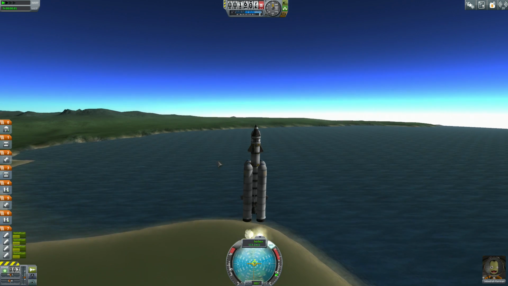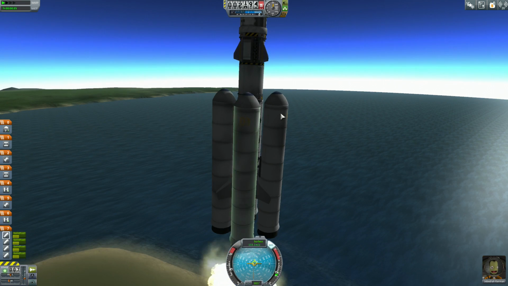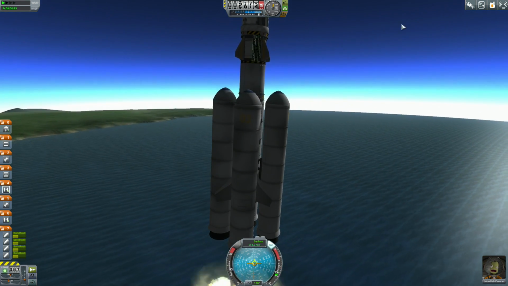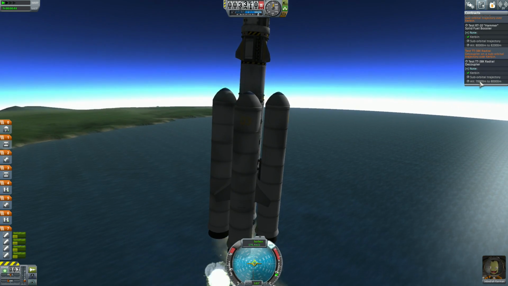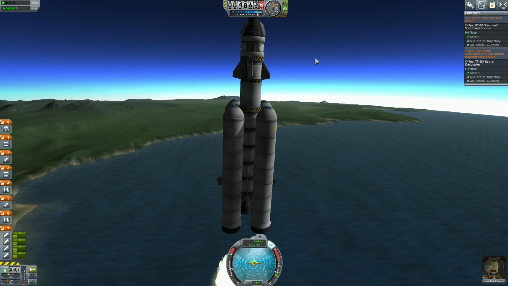And in this mission, we're going to be testing these radial decouplers. We need to be suborbital, 70,000 to 80,000 meters, so it should be pretty easy. Get a nice bit of money out of it,